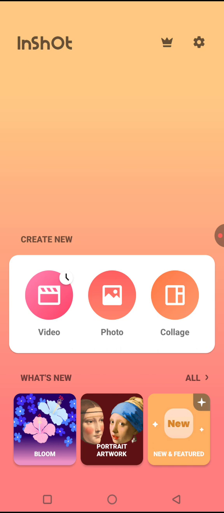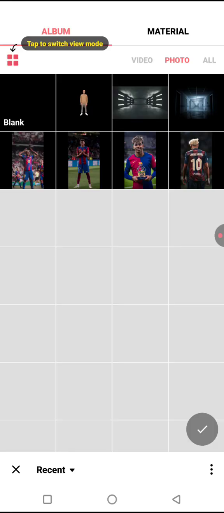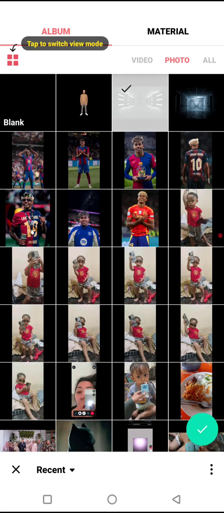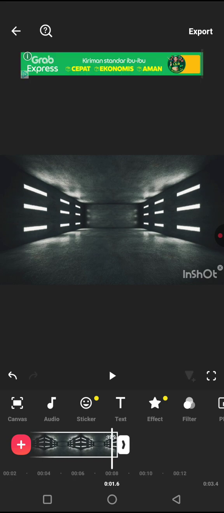Now you can start by launching the InShot application on your device. Tap on the video option, click on New, and first import the background for your video. So I'm using the image of an empty hole like this. You can adjust the duration